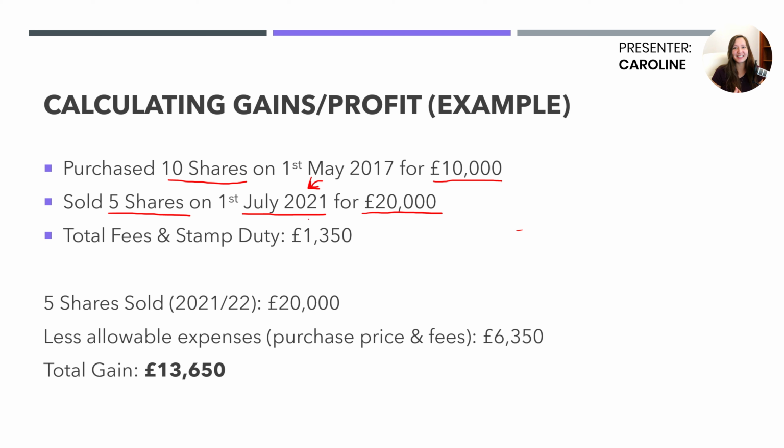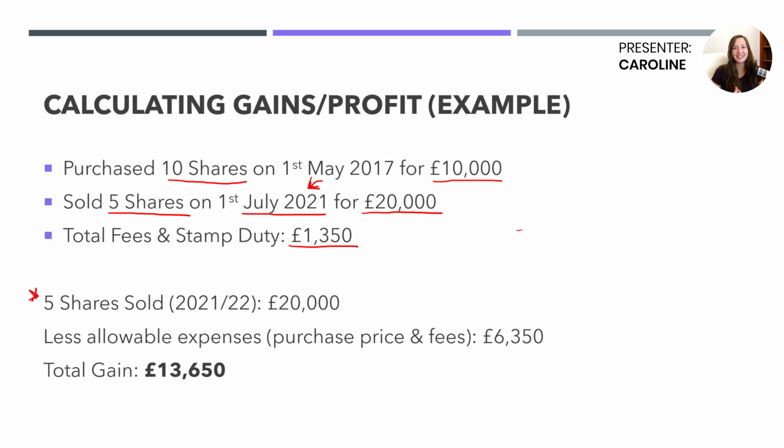So just keep that in mind. If you sold shares in March of 2021, that would be for the previous tax year ending 5th of April 2021. However, this particular example that I'm pointing at now wouldn't be reported until after the 5th of April 2022. And finally, let's say that the total fees and stamp duty on that sale or disposal,